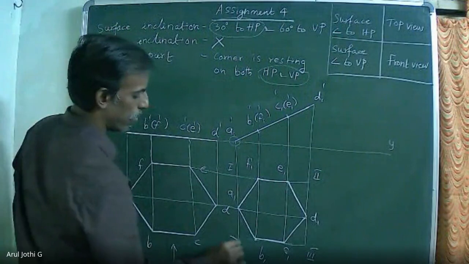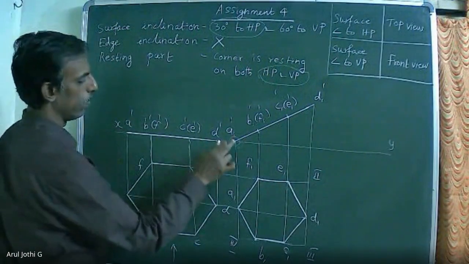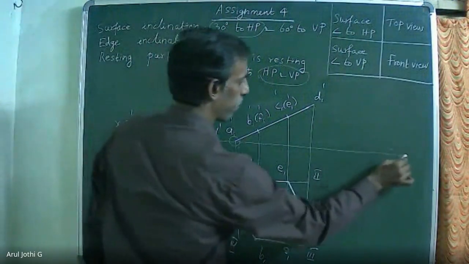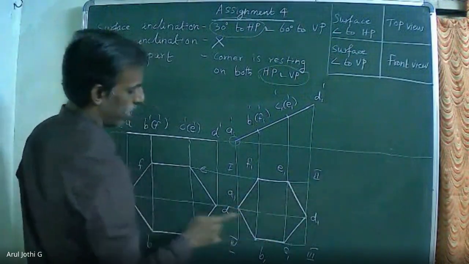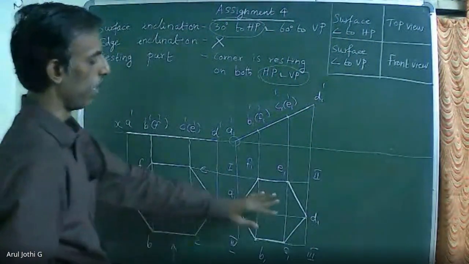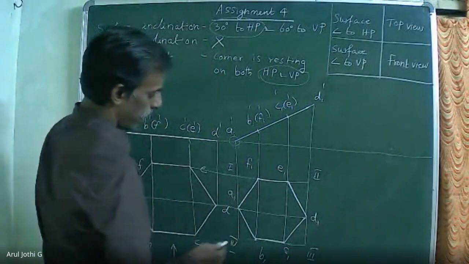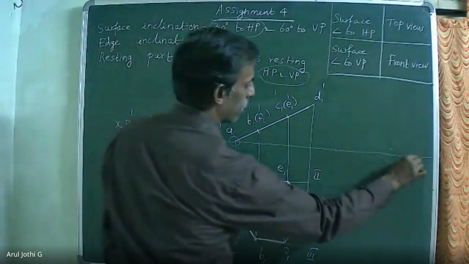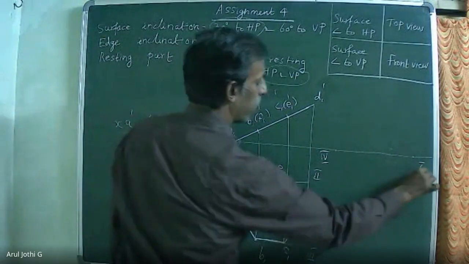Now you think here how to make the resting corner, the corner A1 dash that lies on HP, lie on VP as well. So your XY line is the VP. So I'm going to rotate this top view through 90 degree so that the corner A1 lies on VP. The final diagram. So just rotate this top view through 90 degree. That means this 4-1 should be on the XY line. So this is your 4 and this will be your 1.